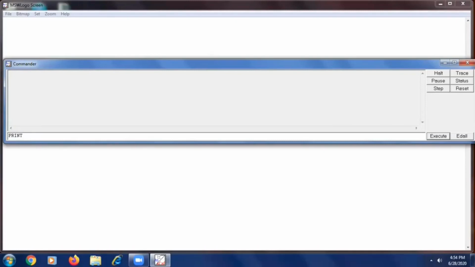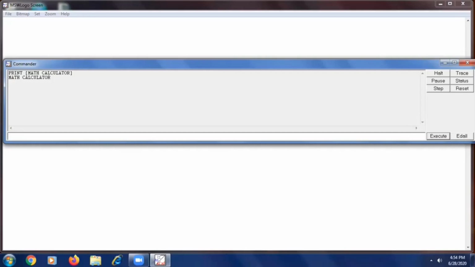To display the text, we use the print command, and then in the same way we used the label command. So math calculator is done. Now it's displaying math calculator.